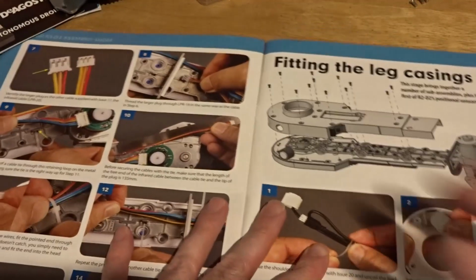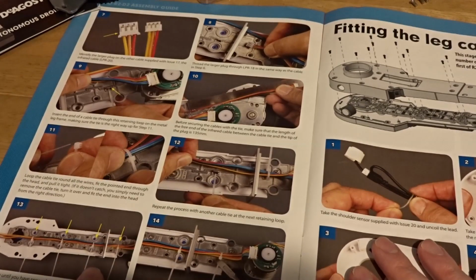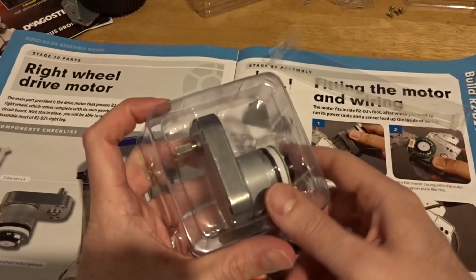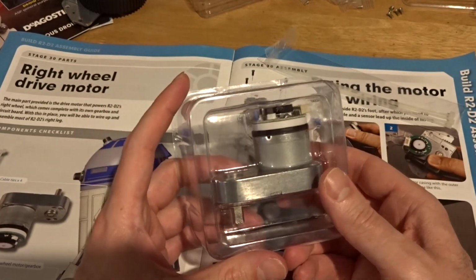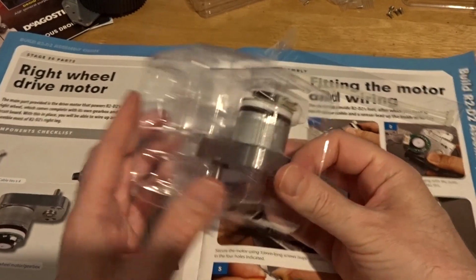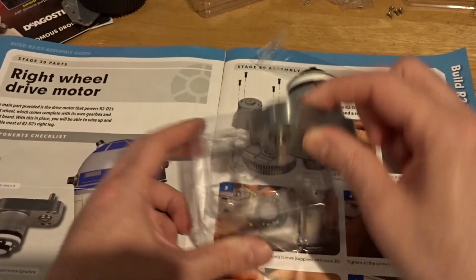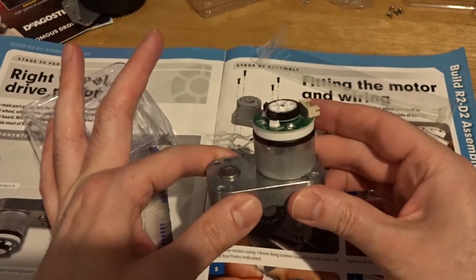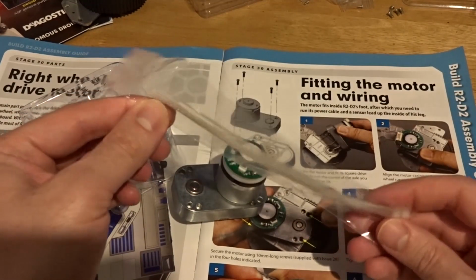So let's have a go and see what we can do here. They even supply the cable ties. Okay, it's time to play Hunt the Long Lost Parts, because all you actually get with part 30 is the motor itself, making me start to think this table is going to represent a spare part shop. It looks nice and oily. And the cable ties,